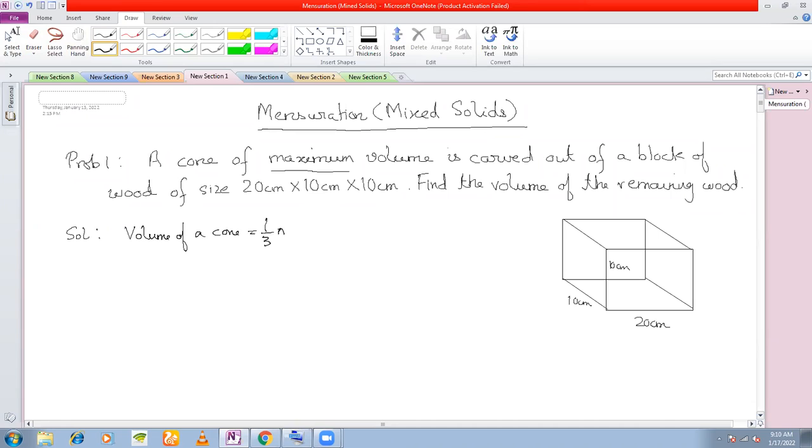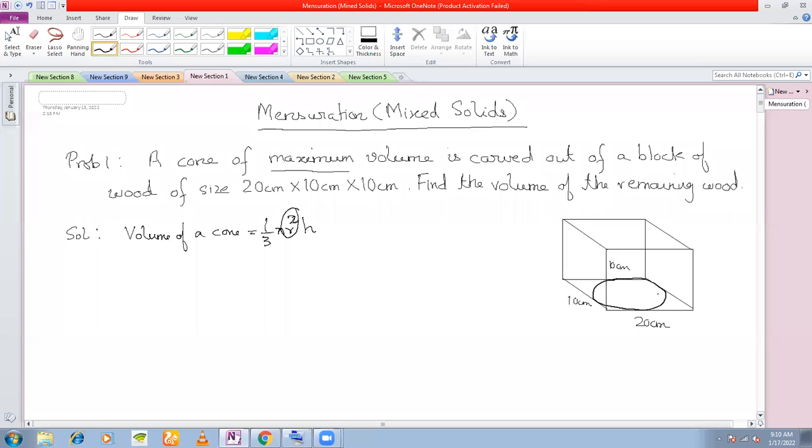1/3 pi r square h, right? So r is the repeated factor here. R is squared. That means if I can maximize the radius, the bigger the radius, the more will be the volume of the cone, right? So therefore, because I have my length here as 20 centimeter, I will take out the radius of the base of the cone from here,